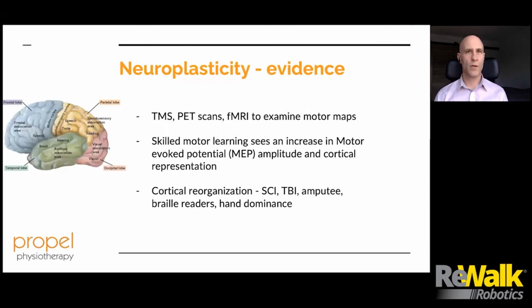So a good chunk of the evidence for neuroplasticity, and this is by no means exhaustive, comes from transcranial magnetic stimulation, PET scans, fMRI. And what we've been able to do is really map different areas of the brain, how they're functioning before and after treatments, before and after neurological conditions. And we've been able to measure what happens after motor learning using motor evoked potentials and see the change in the cortical representation in the brain. And some examples of that would be,